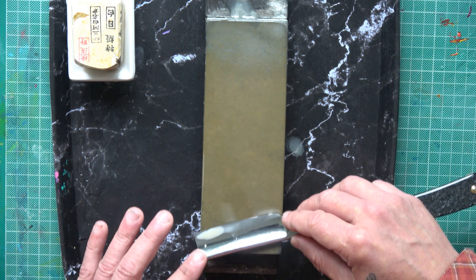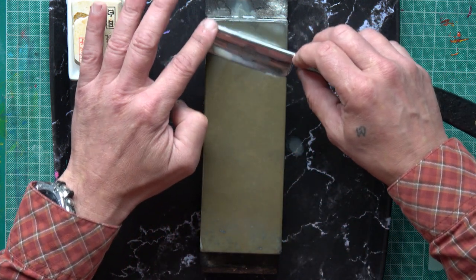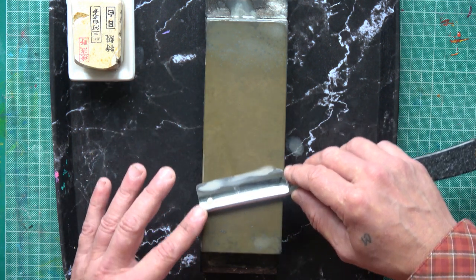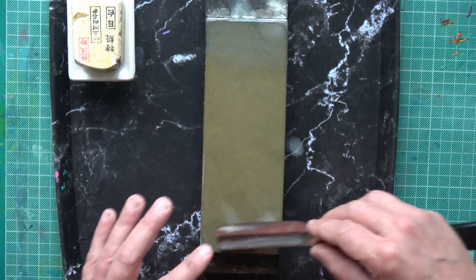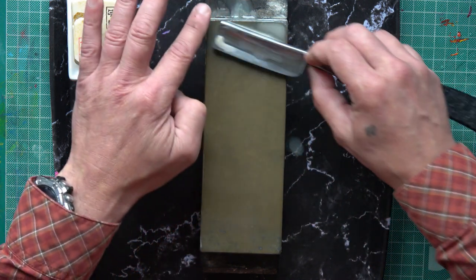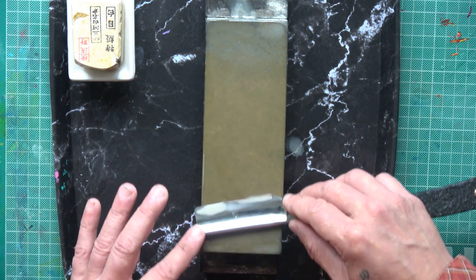You can see in the patterns of the water the same problem areas are showing to me, in how the water's interacting with the blade, but I'm still confident that it's all going to be good. Basically, it's not 100% perfect, it's sort of 97,